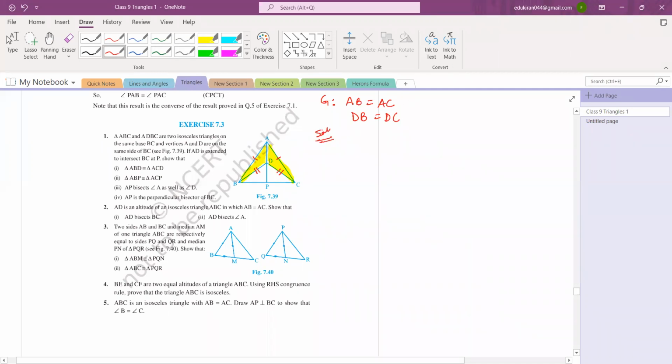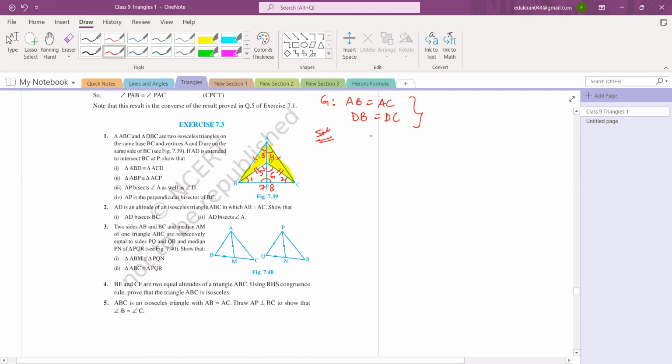First of all, try to gather information from whatever is given to you. Let me name some angles first of all. Let this be angle 1, this is angle 2. Now name exactly as I'm naming. This is angle 3, this is angle 4. Let me call it 5 and 6, and this one 7 and this one 8. So let's name all the angles. So clear?